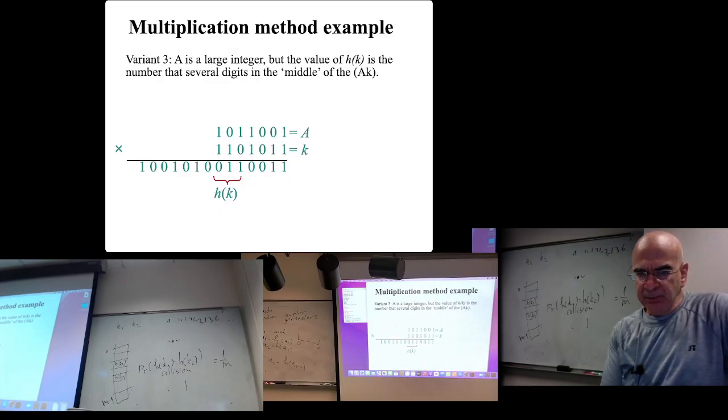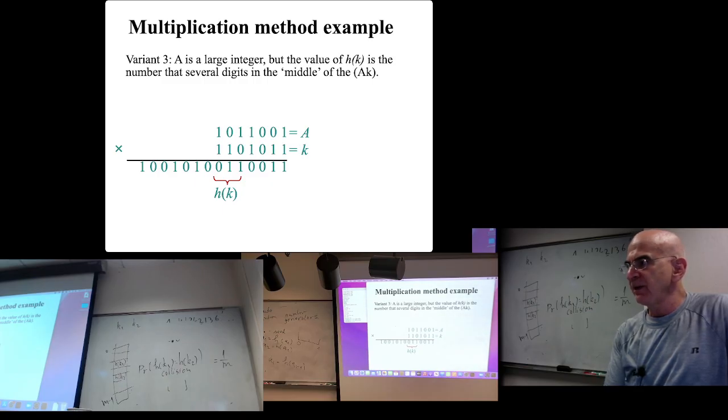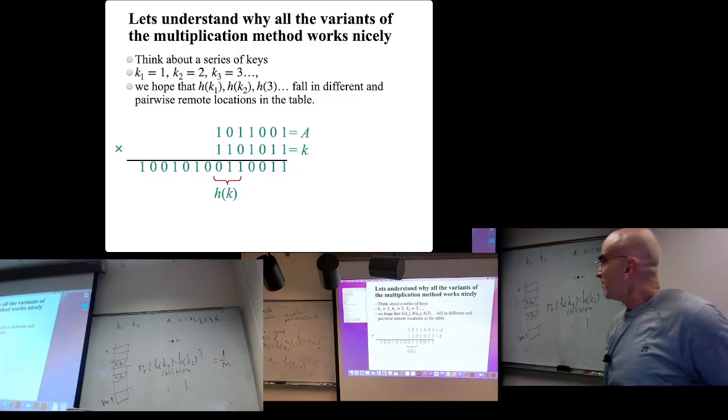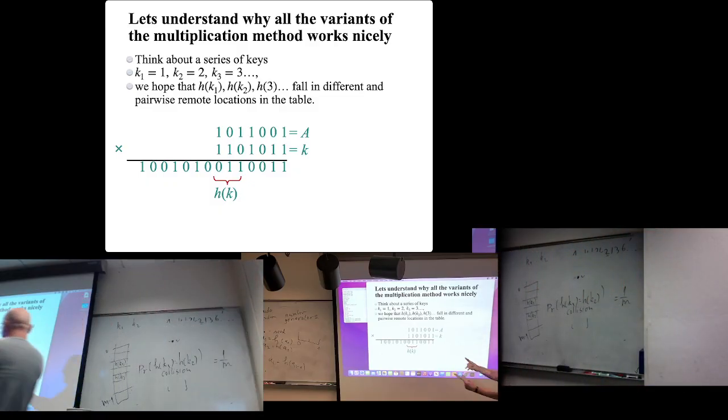OK, a bit more about how sometimes it's fine to multiply a k not by a float number. A shouldn't necessarily be a float. It's a different method. Here I do take k to be an integer. Here they are in binary. I take k to be an integer, and I multiply them. But as a result,